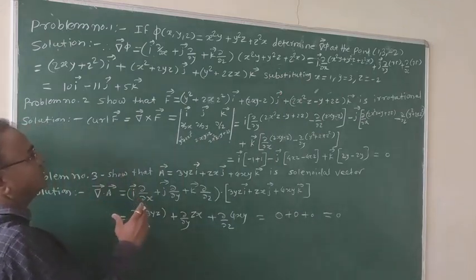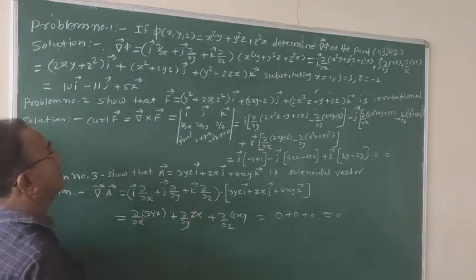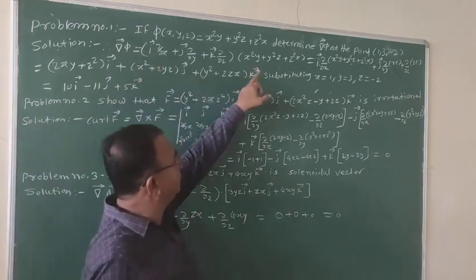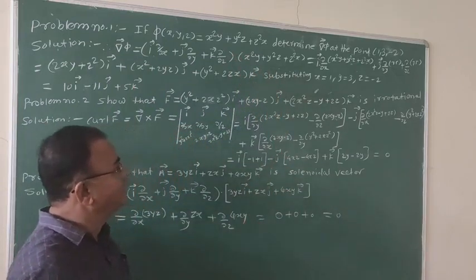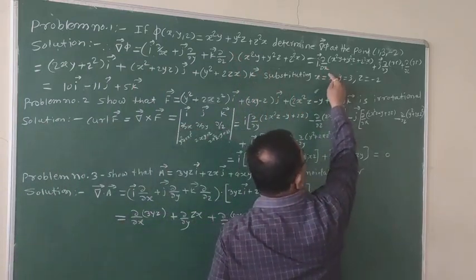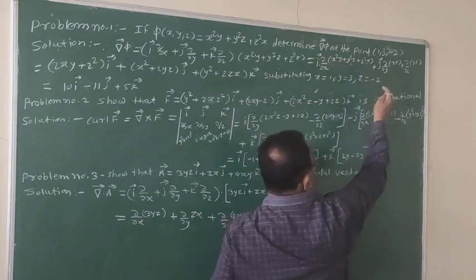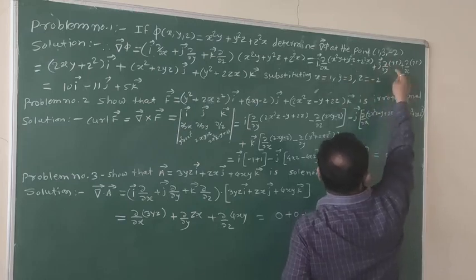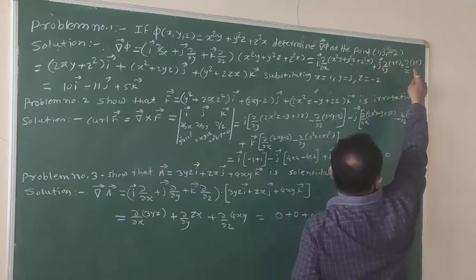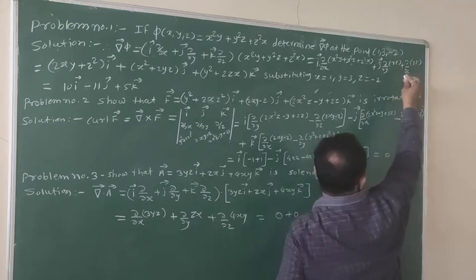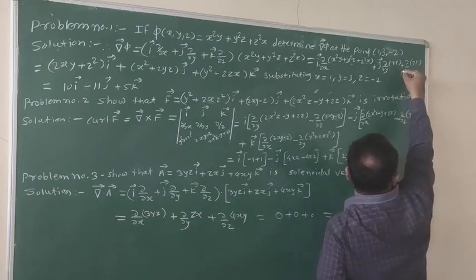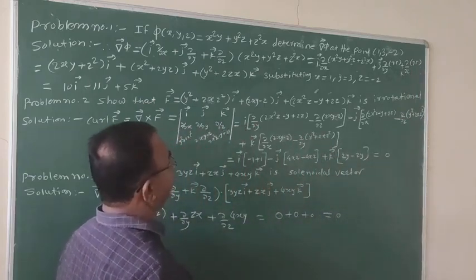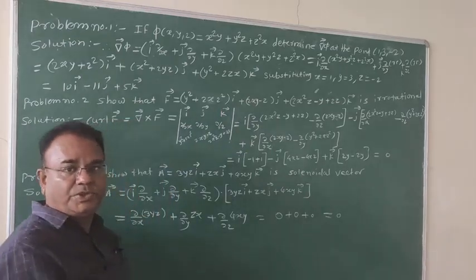Then, solving these brackets, we operate each term of the del operator on that phi. We have i bar delta by delta x operating on phi plus j bar delta by delta y operating on phi plus k bar delta by delta z operating on phi. Here we apply only the distribution